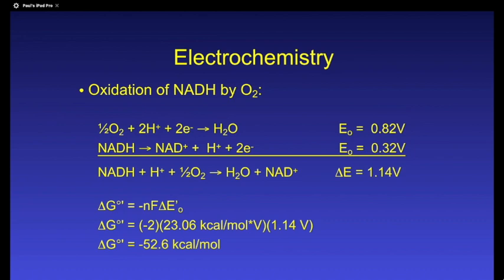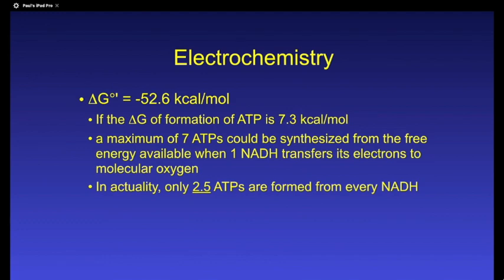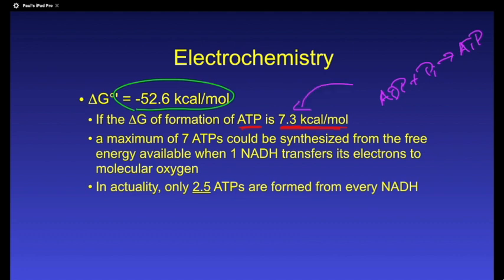Now, that number doesn't seem to be very large at this moment in time. And remember, we convert between kcals and kilojoules quite often, but 52.6 kcals per mole, let's compare it to a very energetic molecule, the breakdown of ATP, which will give off or require 7.3 kcals per mole to actually make. And that is the process of ADP plus Pi to make ATP is equal to 7.3 kcals per mole. If you look at 52.6 in that respect, if you actually do the calculation itself, and we take